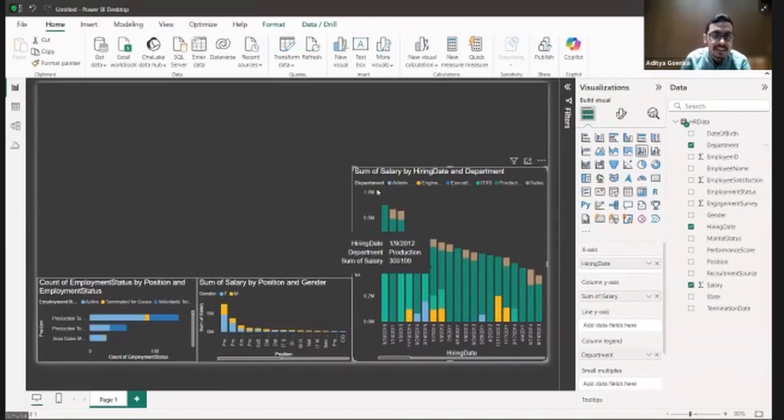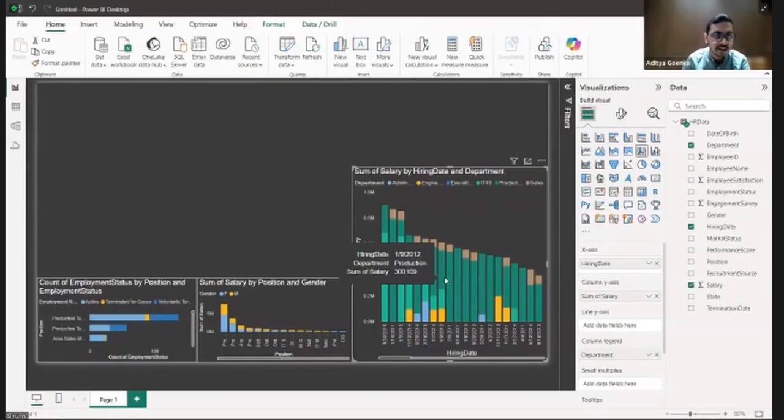Guys, this way we have been able to get sum of salary for every such hiring date for every department as well. As you can see over here, hiring date 30th March 2015, department IT, the sum of salary is 6,86,580. For production department, the sum of salary is this. For next date, production department it is this. For sales department it is this. Like this, we have been able to show the management for every hiring date for every department what the sum of salary is. How amazing it is. Is it amazing? Type in amazing in the chat box if you think that this is amazing.